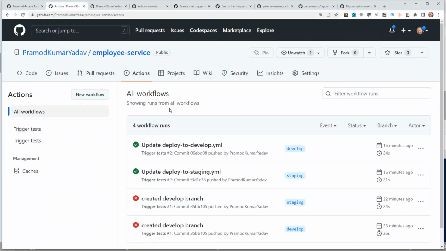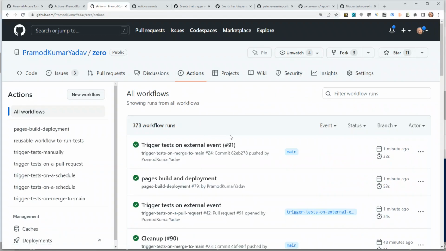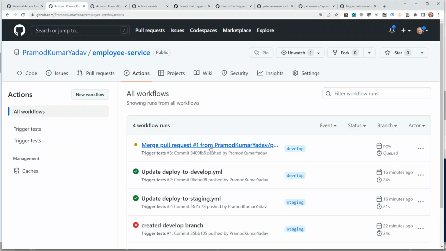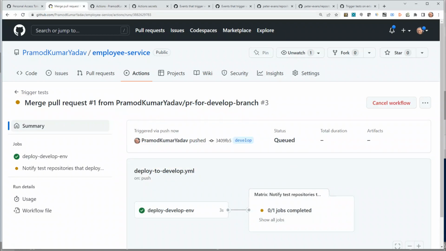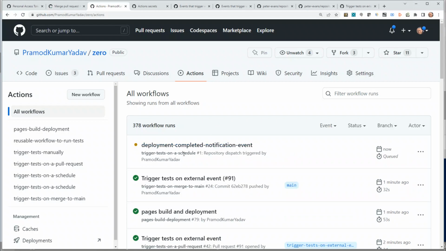Let's look into the actions. It should trigger a workflow for develop. And in the zero repository, let's also open the actions tab. At this moment, we have nothing, which is good, right? Because there are no triggers anymore. In here, we've got a merge pull request from our PR on the develop branch, right? So now you can see it has sent a trigger, and now in a few seconds you can see now